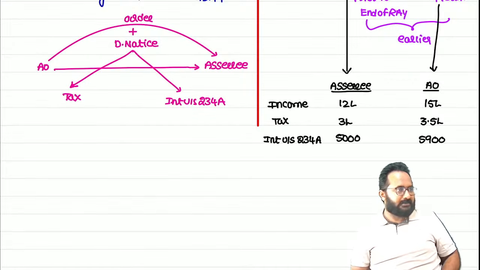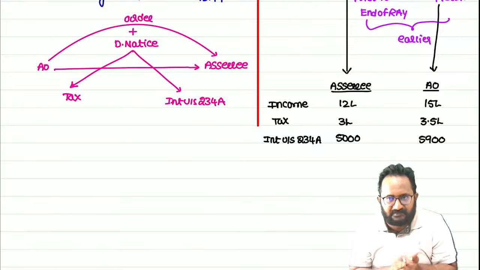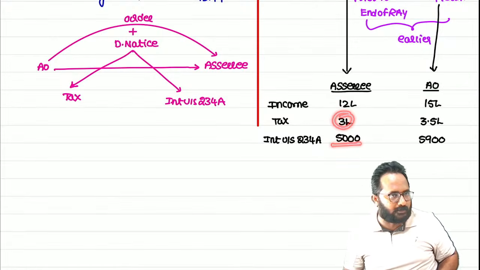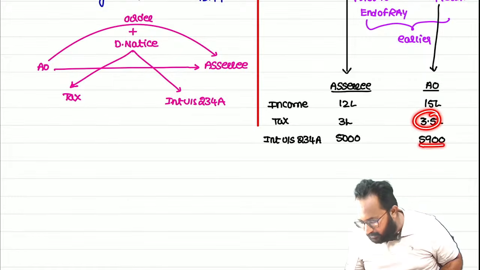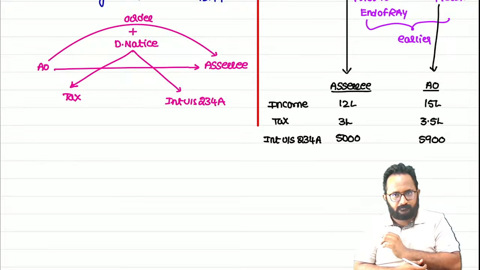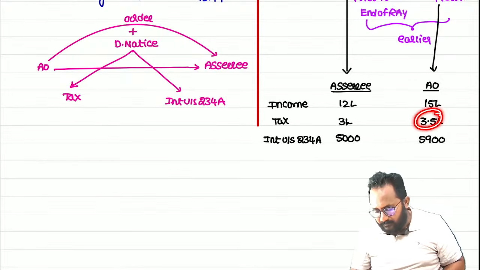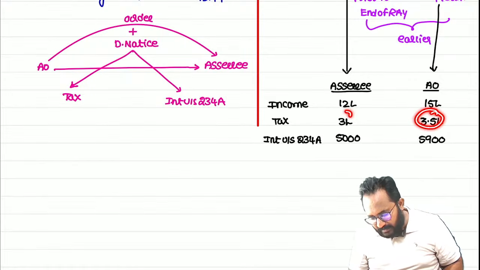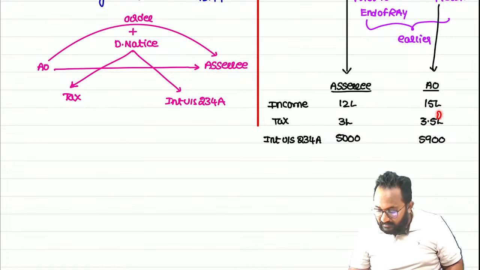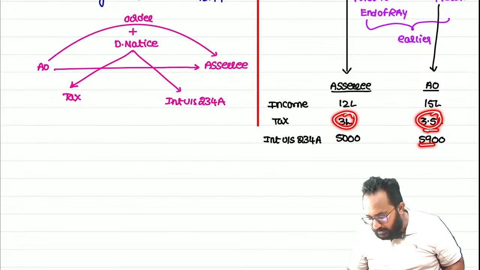5,900 he got. Sir, how did you get those random numbers? Because on this tax he calculated the interest as 5,000. Here now the AO will calculate the tax on how much? 5,900. Sorry, interest on how much? 3,50,000. Previously interest was calculated on 3 lakh. Here interest is calculated on 3.5 lakh.